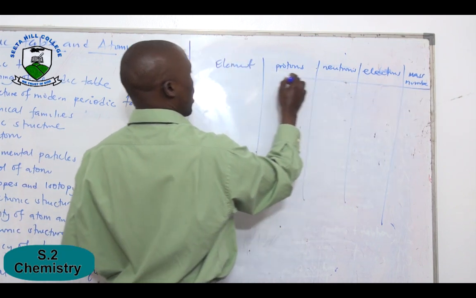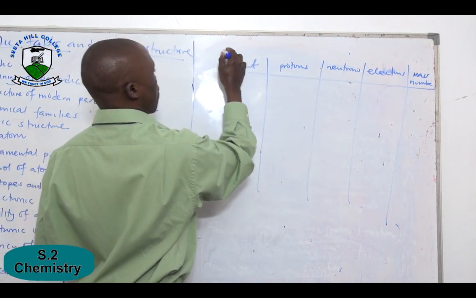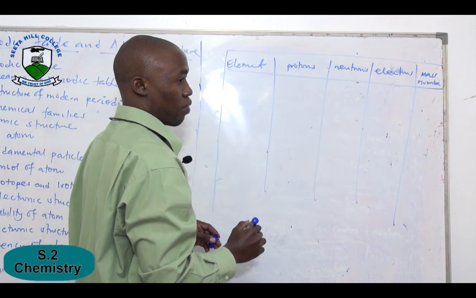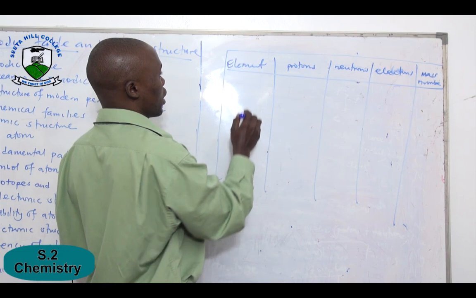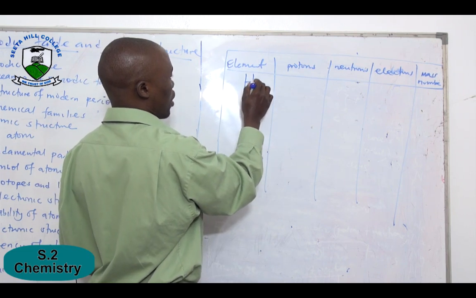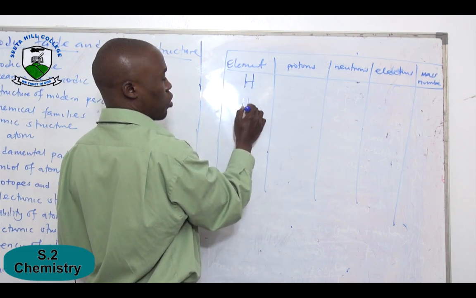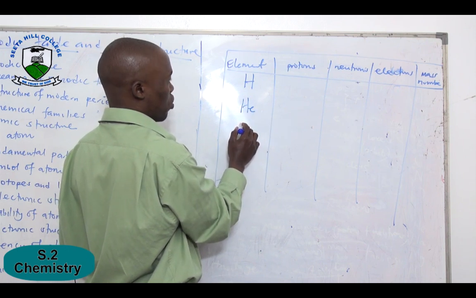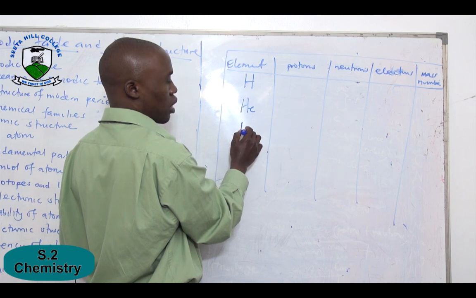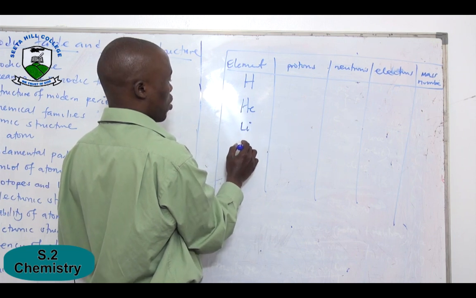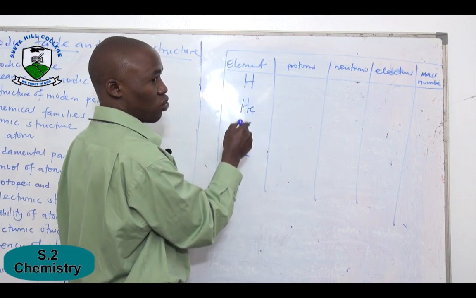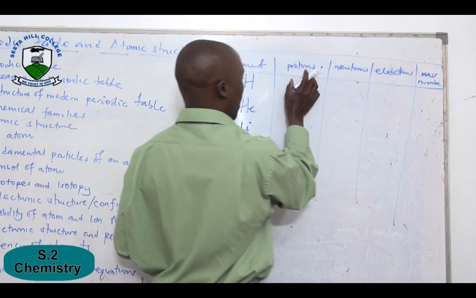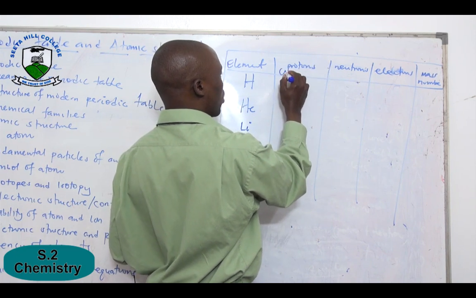The first 20 elements, you locate their information from the periodic table. The first one is hydrogen, helium, not so? Lithium. The next one is what? Beryllium. You'll fill the first 20 elements, their mass numbers,